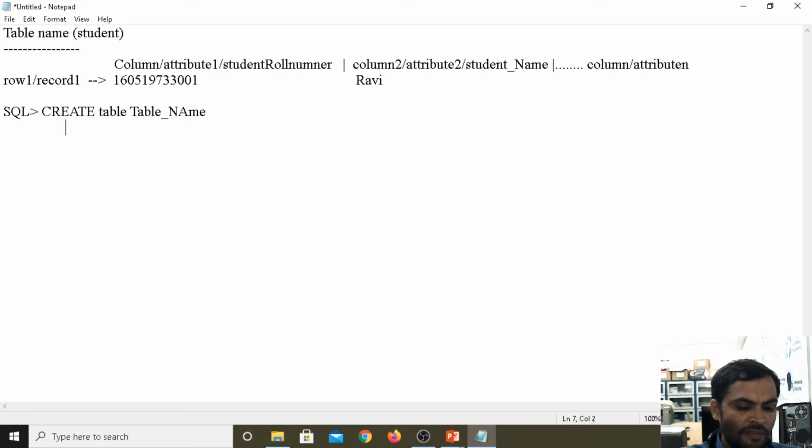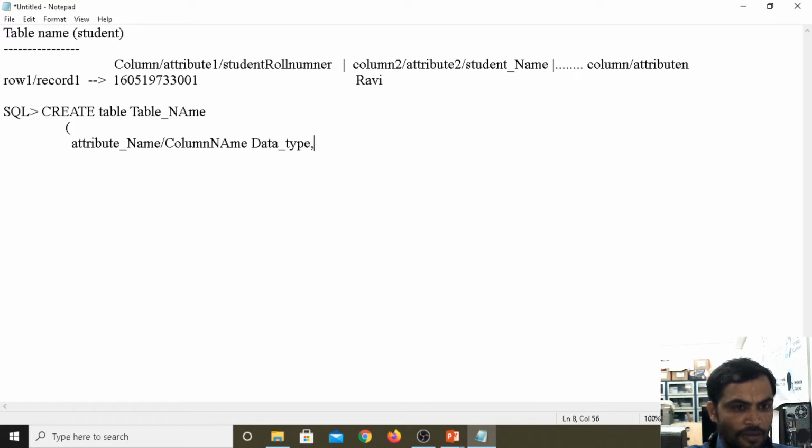we have circular braces, an opening circular brace. Then under the create table we have the attribute name or column name, then data type.